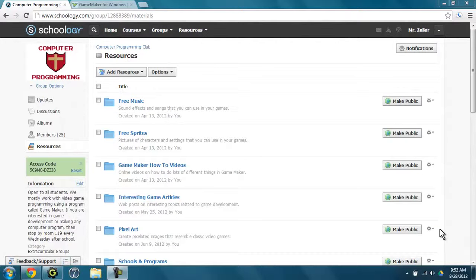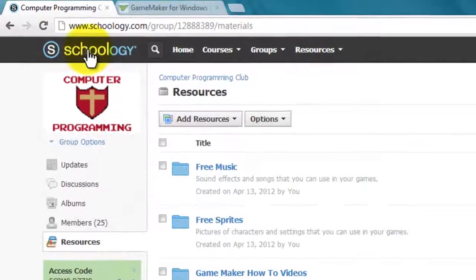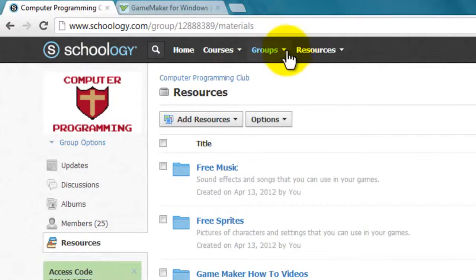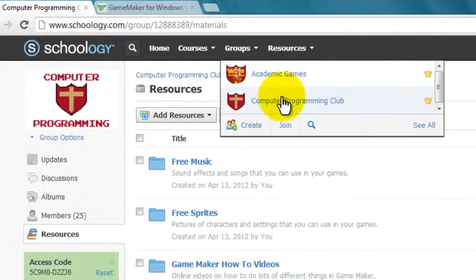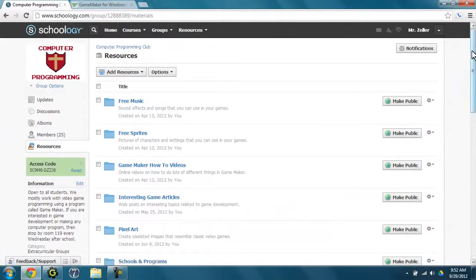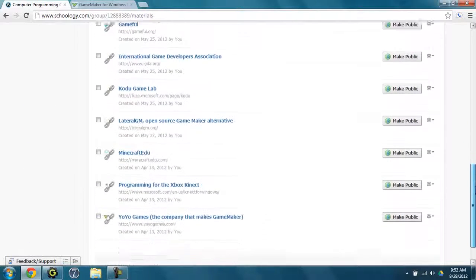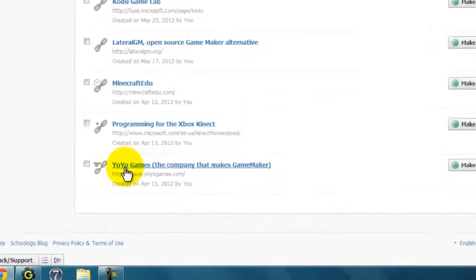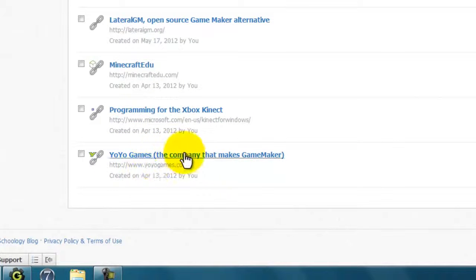If you want to use GameMaker on your home computer, first you're going to have to install it. Simply, from Schoology, go to the Computer Programming Club, and then on the Computer Programming Club, what you're going to want to look for are the resources. If you scroll all the way down to the bottom, you're going to see a link for Yo-Yo Games. Yo-Yo Games is the company that makes GameMaker, so all this link is really doing is taking you to their website,